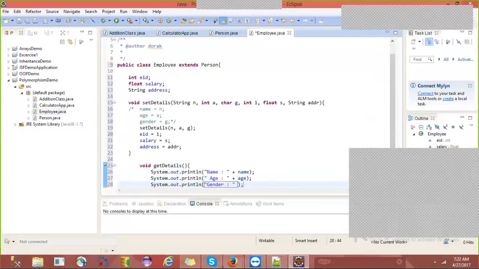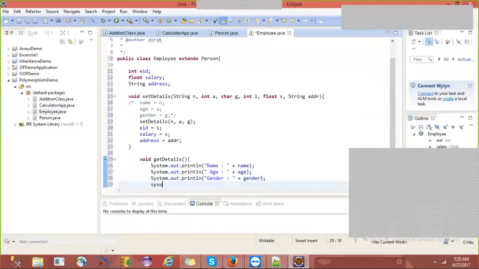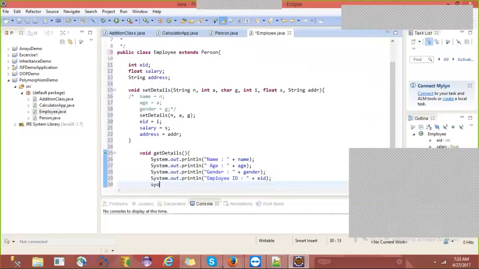Yes. Employee ID also we need to write. Employee ID, EID. Sysout salary.